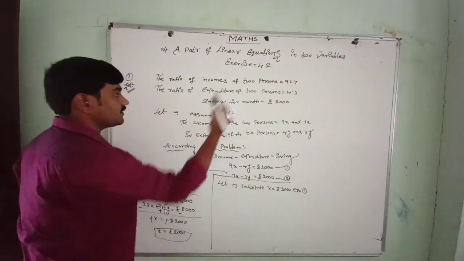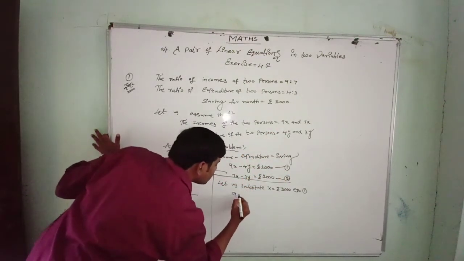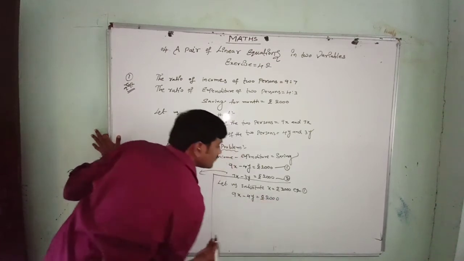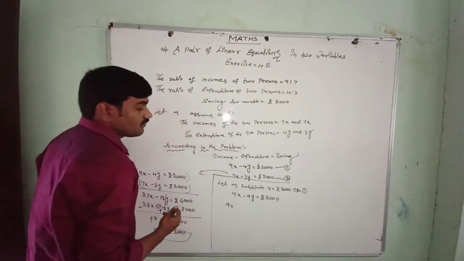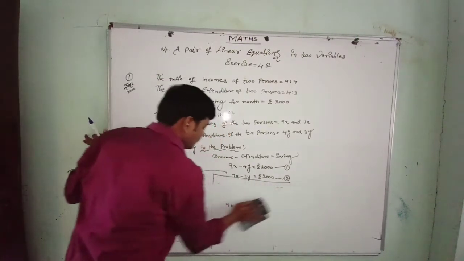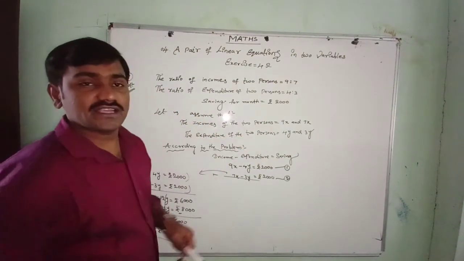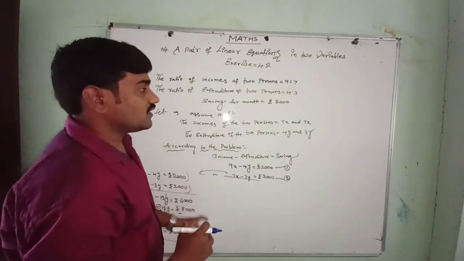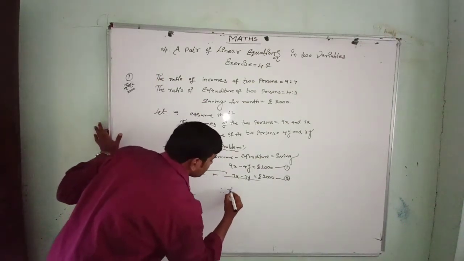What is equation number 1 here? You can substitute in equation number 1 or in equation number 2. So here 9x minus 4y equals rupees 2000. The x value is 2000, no? But the y value is not required, my children. Why? They asked only what are their incomes. Incomes we assumed like x, no? So if you find the 9x, you get the income of the first person. Then if you find the 7x value, it is the income of the second person. Therefore we can find the income of the first person.